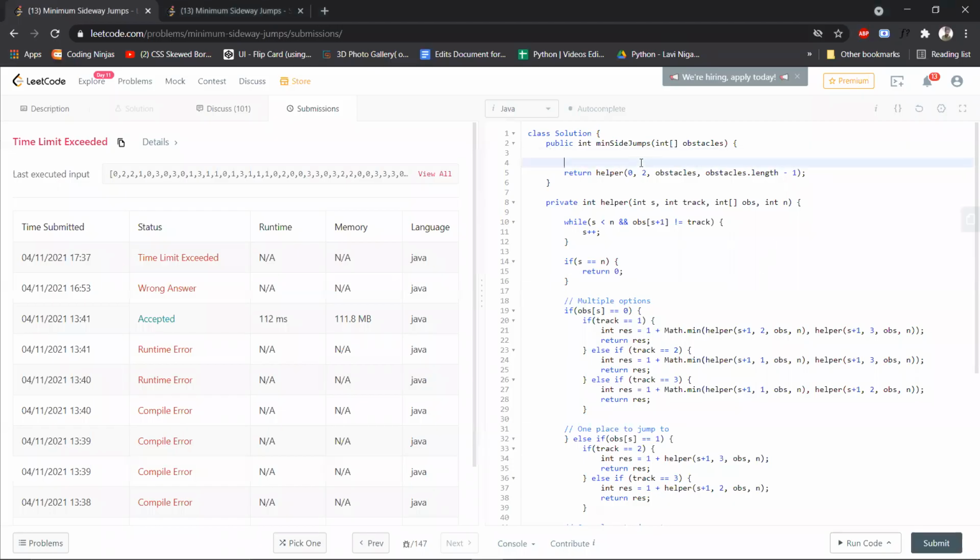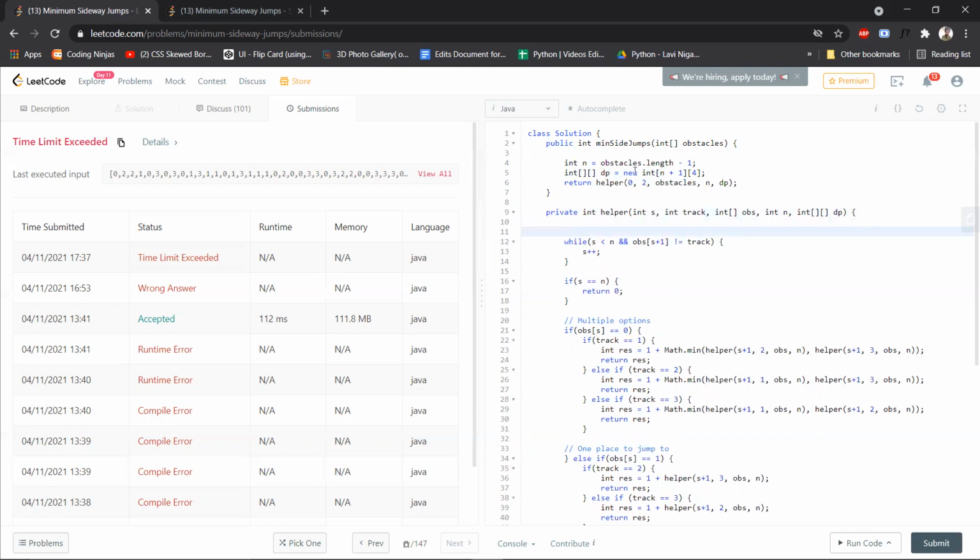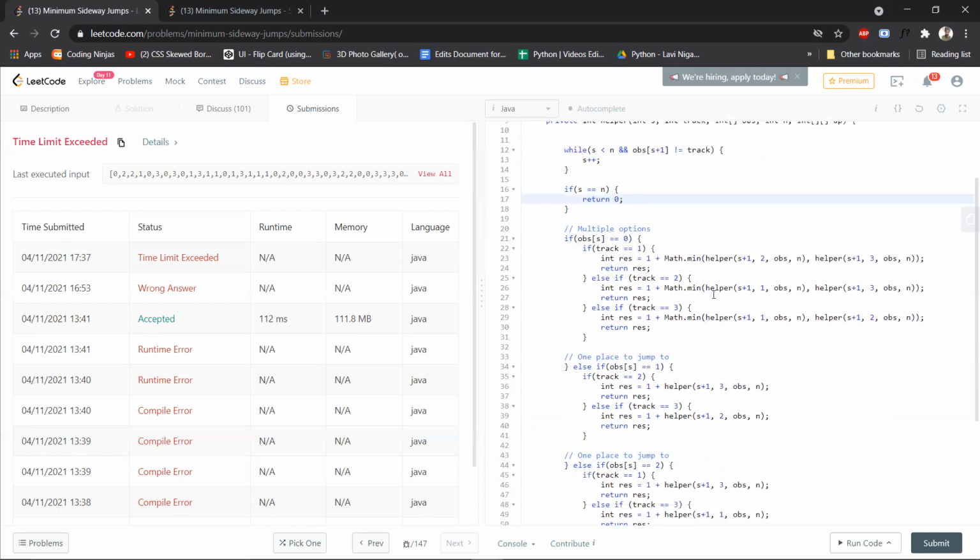Yeah, so let's declare our DP. Like I mentioned, our DP will have dimensions n plus 1, comma 4. I've also taken an integer n, which holds the length of the obstacle array, so I can simply send n here. Now I'll also send this DP in our function because we need to maintain it, and here also in our declaration, int DP will be used. By default, currently the values in the DP are 0. Let's keep it 0 itself. We'll update them accordingly.